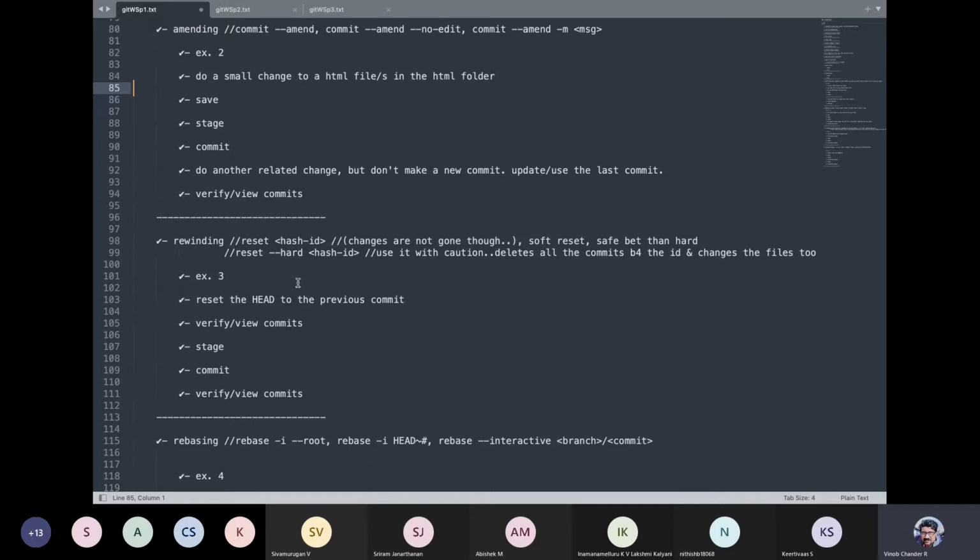The basic difference is that in a soft reset the changes are still available to you, which is the main advantage, and you can do a staging and a commit later. When you do a hard reset, it deletes all the commits below that particular ID, and the changes you have done are also gone. So you need to be very careful when you are doing a hard reset.